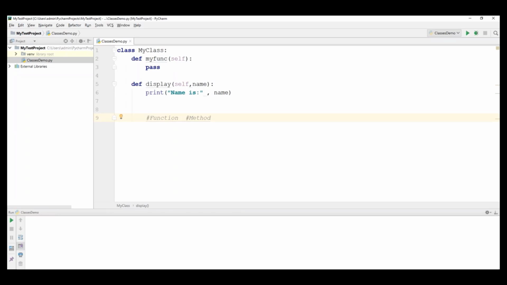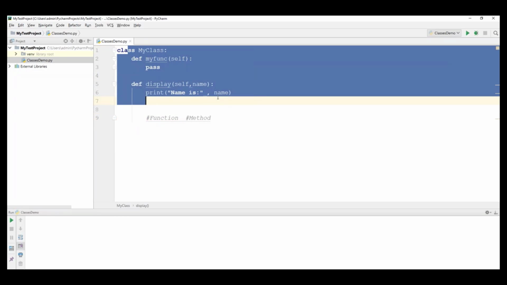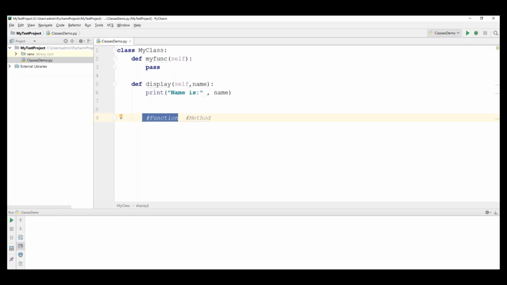But when it comes to Python, Python will support both. We can create functions, we can also create methods. So technically there is no difference between function and method. If I create this function within the class, it is called a method. And the same function, if I create outside of the class, is called a function, a pure function. So there's a basic difference between function and method. Just remember this. When I create a function within the class, it is called a method. A function, if I create outside of the class, is called a pure function, not a method.